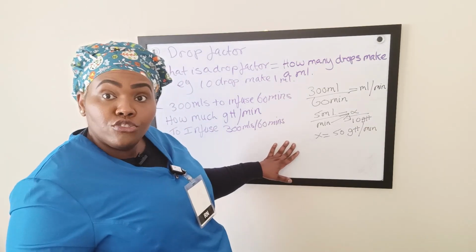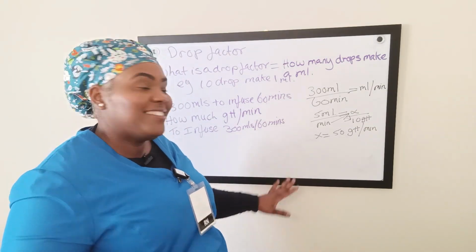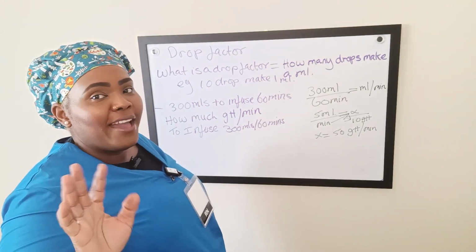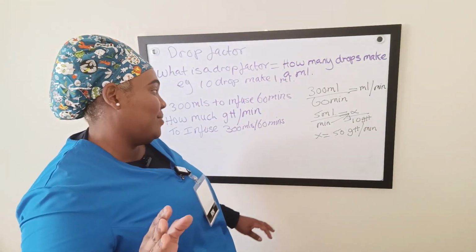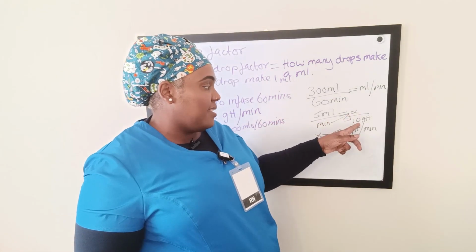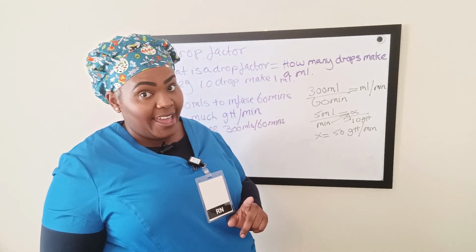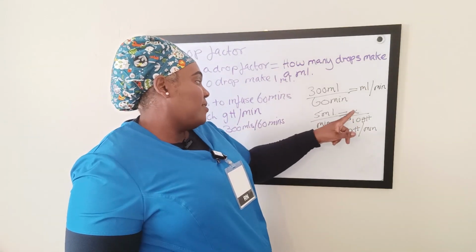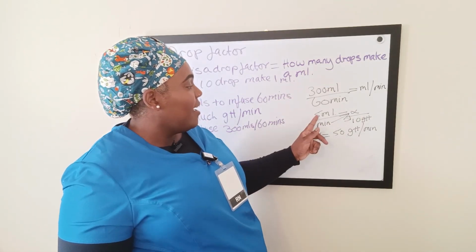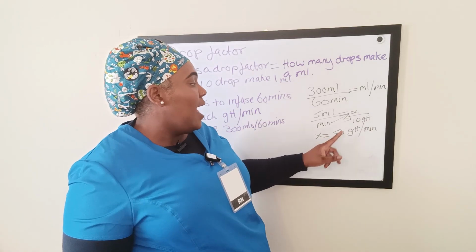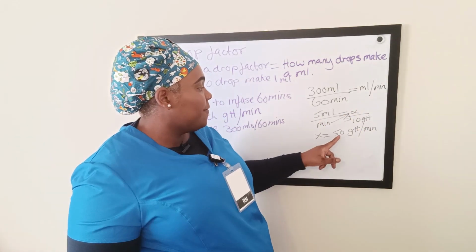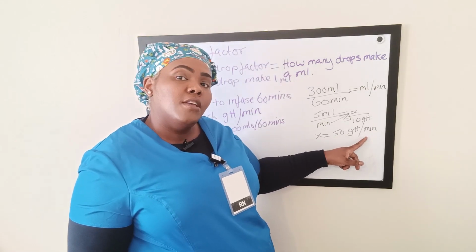How am I going to know how many drops I have to give? Remember, we have the drop factor. Our drop factor was 10. 10 drops is making 1 mil. I know your mind is already ringing the answer. I know, but let's do it. So 5 mils in a minute equals X, and 1 mil equals 10 drops. So we need to find out what is X. So we cross multiply again. Yeah, we're back in school. Back again. Cross multiply. So 5 by 10 is 50. So X is going to equal 50, which is 50 drops in a minute is going to give you 300